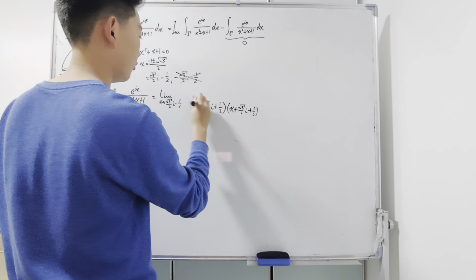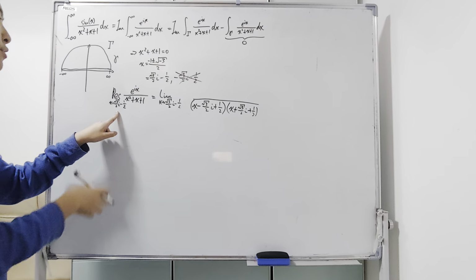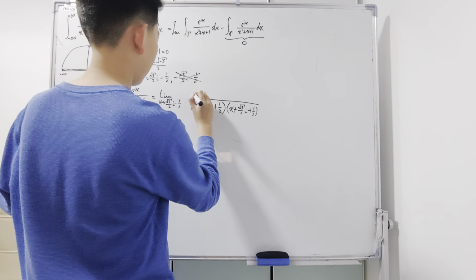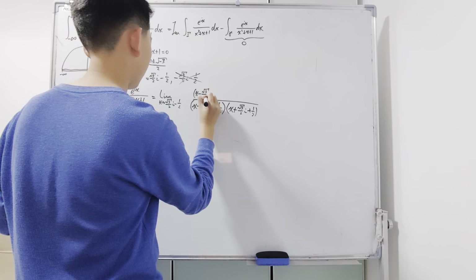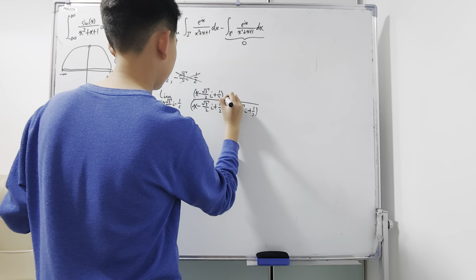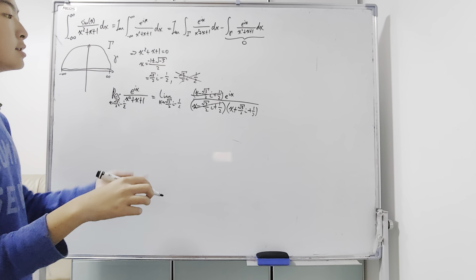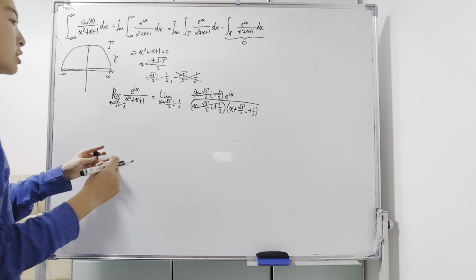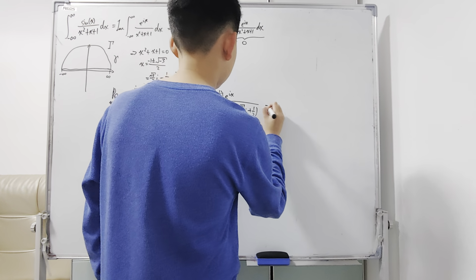And then over. Now, with the residues, you basically plug in x minus this value. So we have x minus root 3 over 2 i plus 1/2, and then e to the ix. And then these two cancel out, and you realize that there is no asymptote, so the limit is just evaluating this at this point. And so we get that this is equal to,